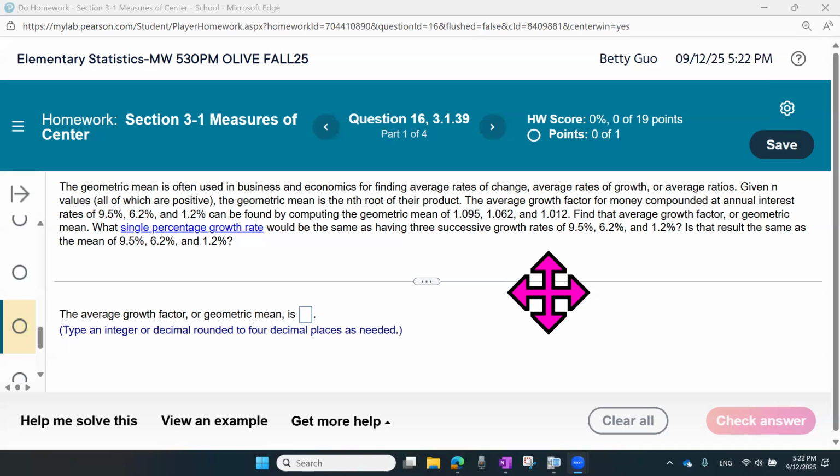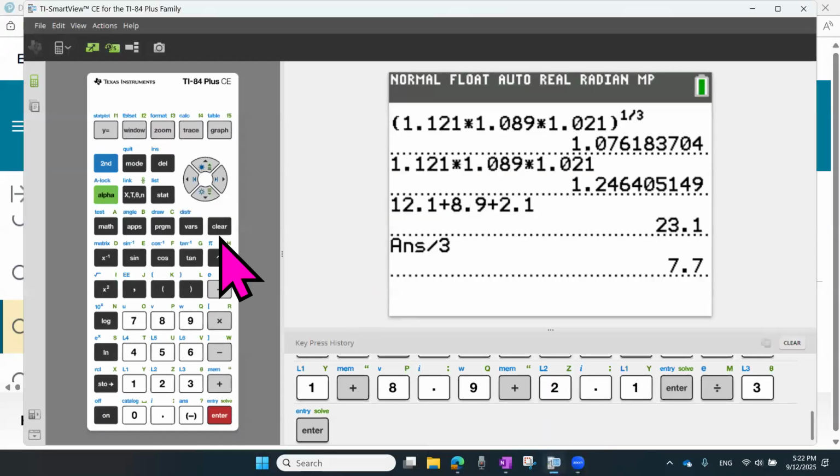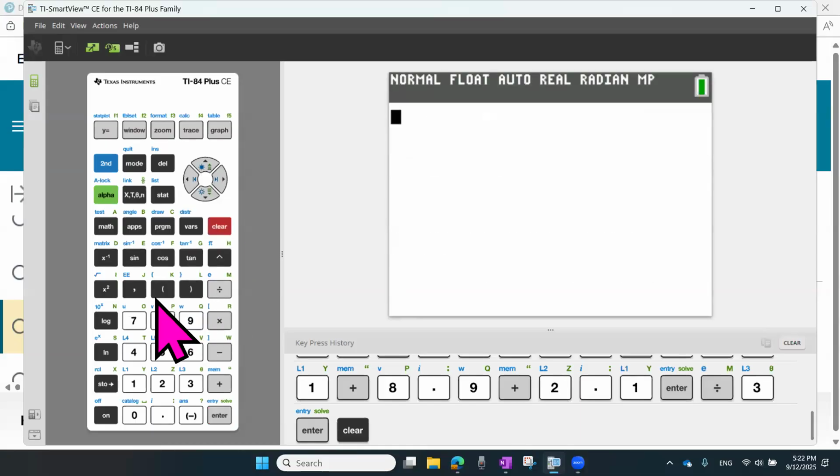Our calculator, at least the TI-84 calculator I'm using, doesn't have the cube root function, but we need to know from algebra that the cube root of a number is the same as the number to the power of 1/3. So we're going to use the exponential form in the calculator, okay? To do that, we start a parenthesis and multiply the three numbers together. The three numbers are 1.095,